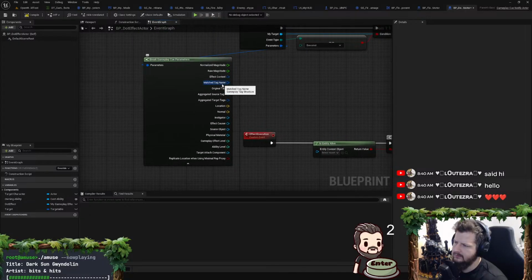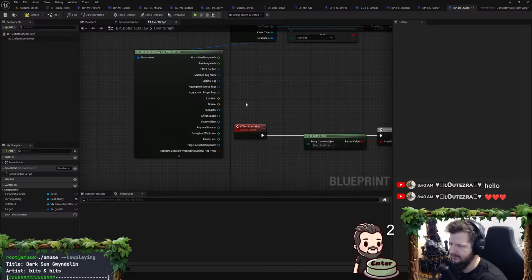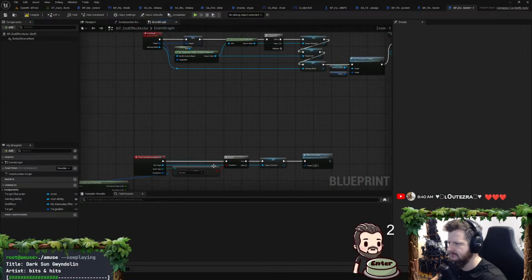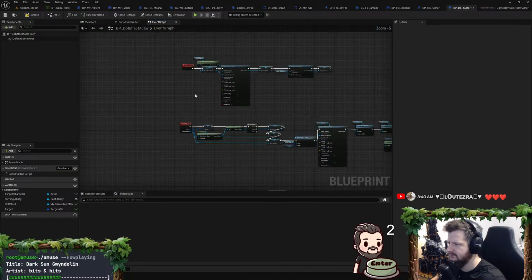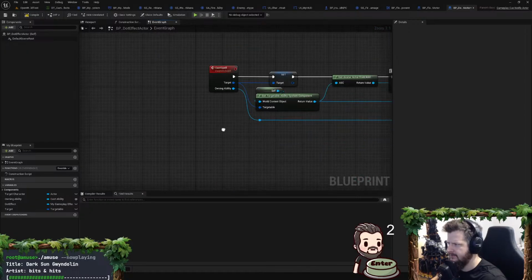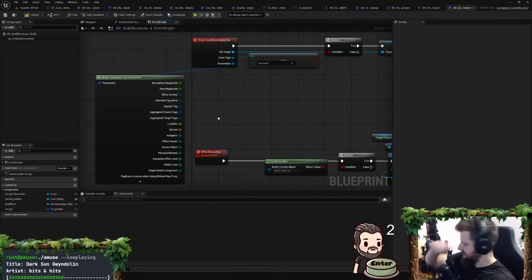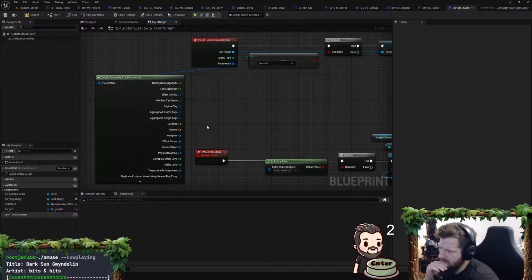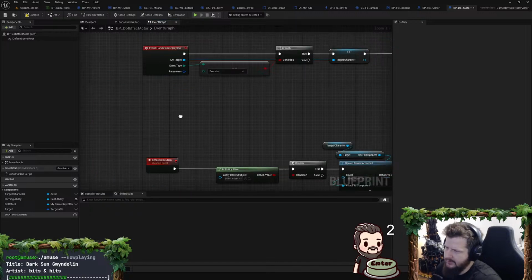So I think, yeah, they do have them. I don't know what normalized and raw magnitude are. I don't know what that difference is. But they do have magnitude, which is what I was curious about. So yeah, we're going to send magnitude. They have location. How does that get populated? I kind of created my own events through this anyway, so yeah, we're going to pass in that stuff basically.